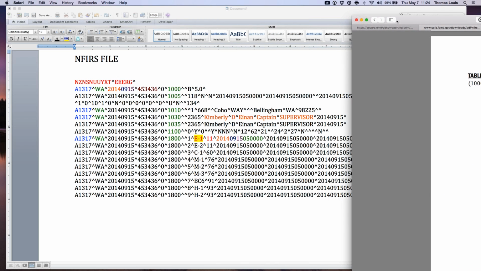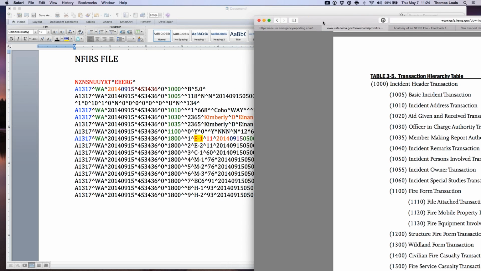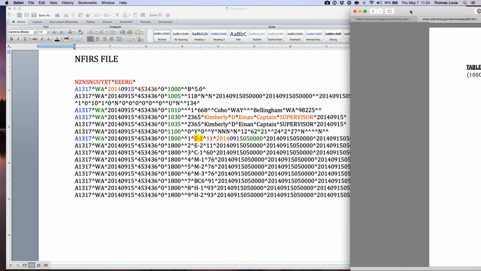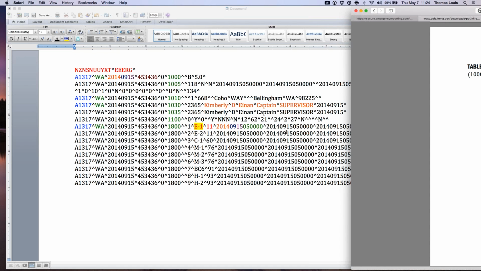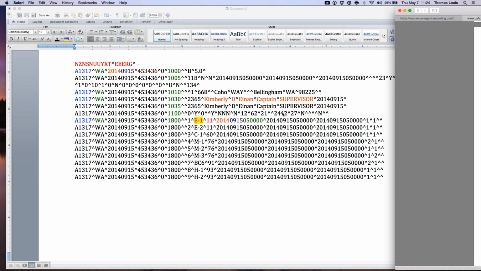1100 is the fire form transaction, that we're using for a fire incident. And I'm certain that these have some relevant codes here. But again, even I don't get into the weeds that deeply, but certainly if I dug more, we could do that. So, this line item here, everybody, is,